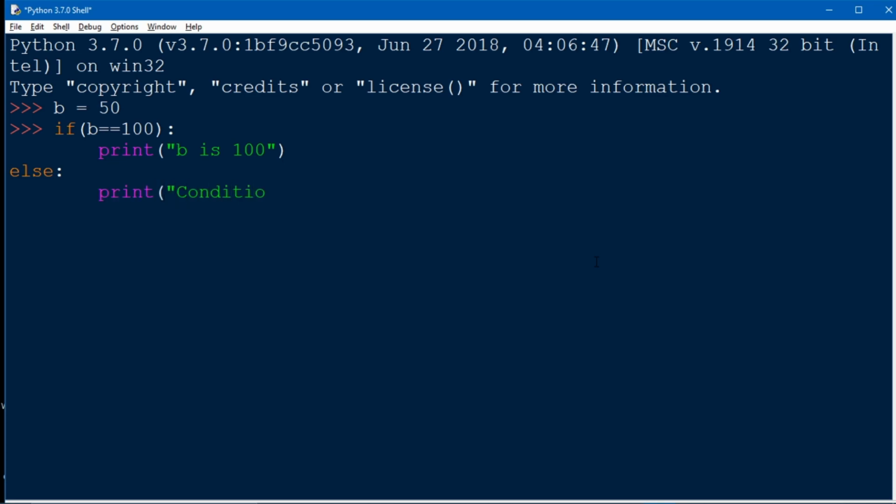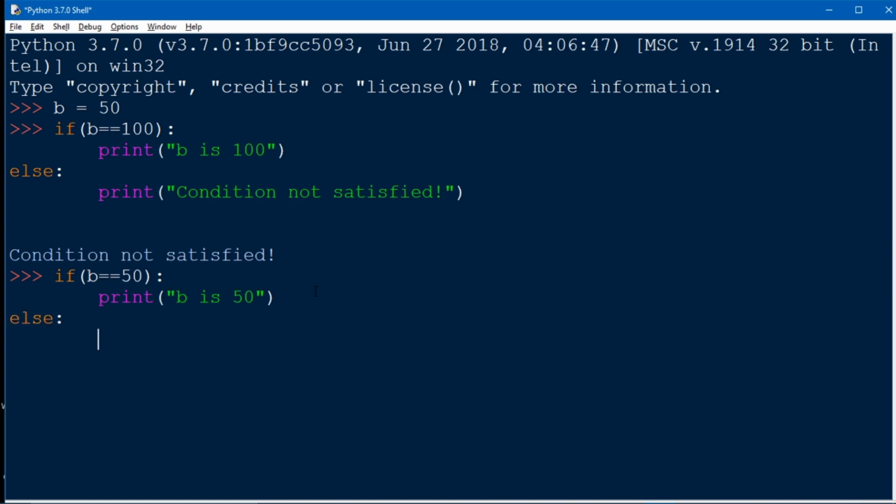See, we get our output "condition not satisfied" even when my condition is false. Let's take one more example of a true condition in the if else statement and see what we will get. We get just "b is 50" because here my condition is true and my given statement is printed in the output.